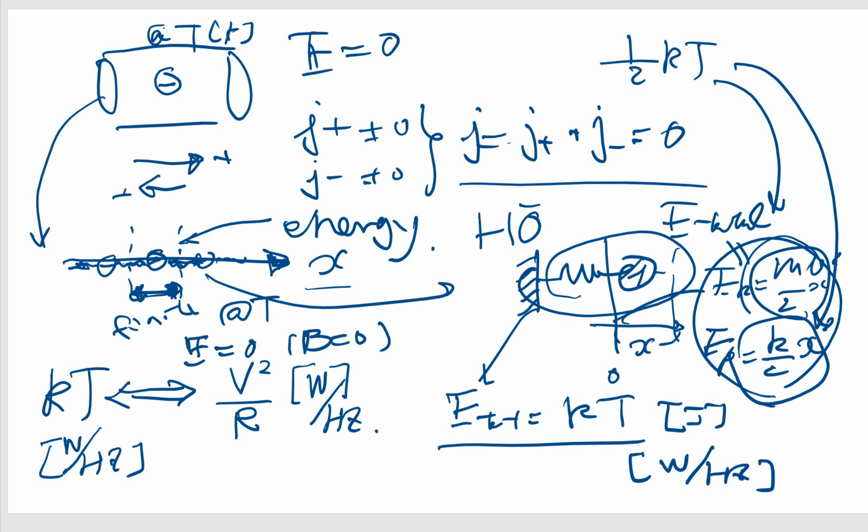And this is the energy of one electron on average in a one-dimensional metal substance at temperature T without electric or magnetic field, and this is the voltage signal to external devices. If resistance R has this power energy, watt per hertz, power per hertz,